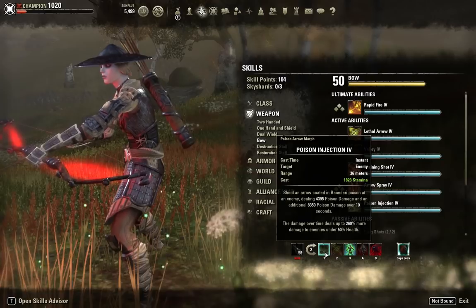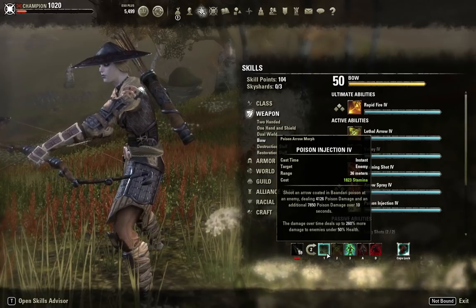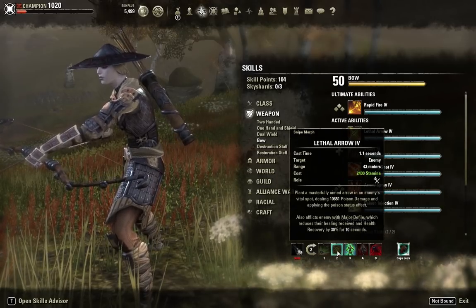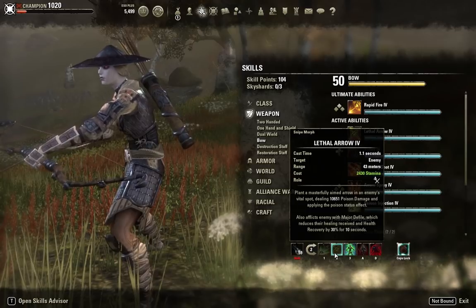So Poison Injection is going to be great, of course, because that dot will deal more damage as the opponent's health drops below 50%, effectively acting as your execute dot. Lethal Arrow is the next ability we have. This is nice because it's a little bit of burst damage, but that's really not why it's here. The big reason we got it here is for that Major Defile buff